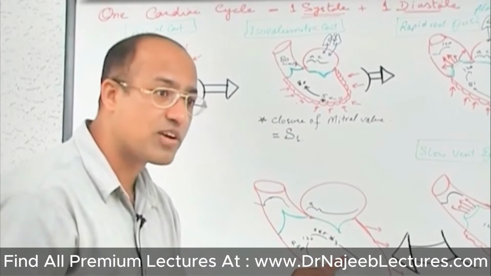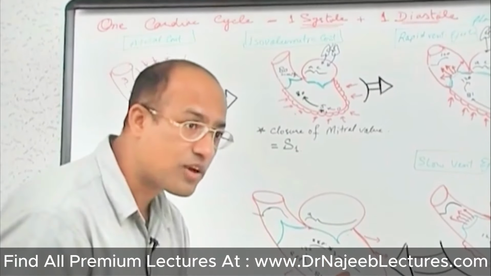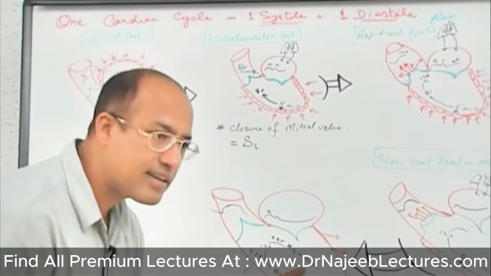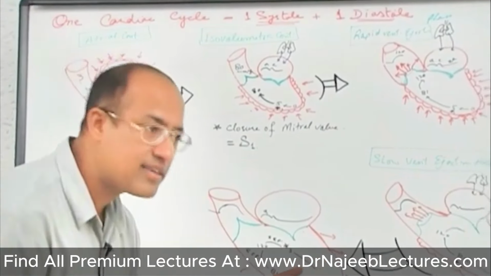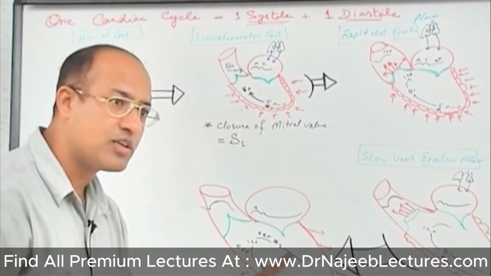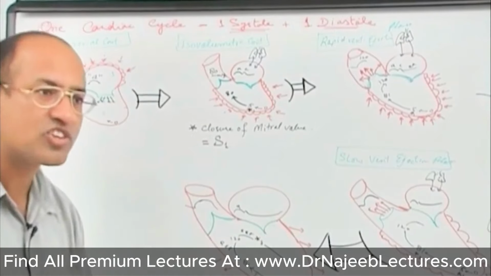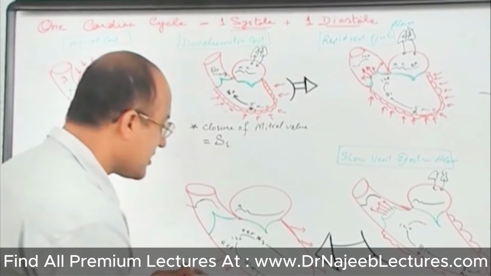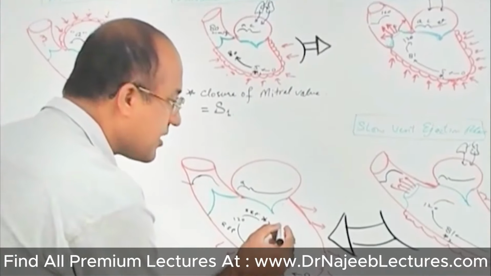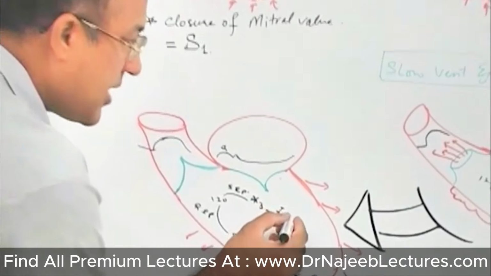Because pressure in the ventricle, even though it is falling, is still higher than the pressure in the atrium. So until pressure in the ventricle, in spite of falling, is more than the pressure in the atrium, it will keep on relaxing as a closed chamber, and we will say that there is isovolumetric